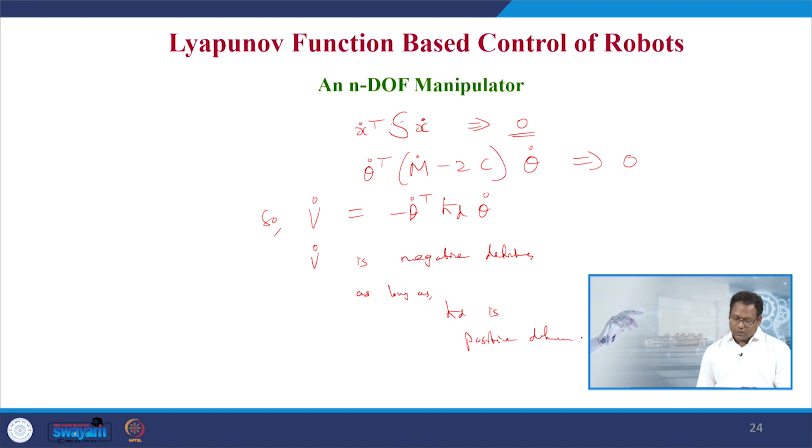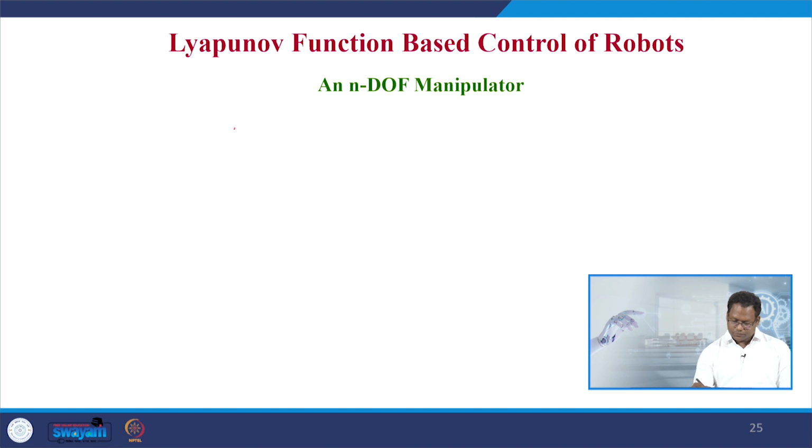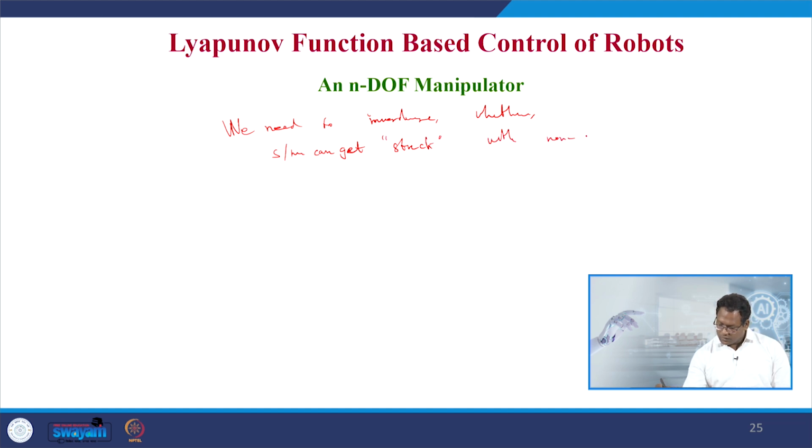Next, we need to investigate a final point: whether the robotic system can get stuck with non-zero error. We need to check that the error must be 0, because V dot can remain 0